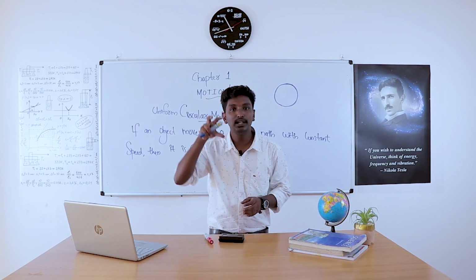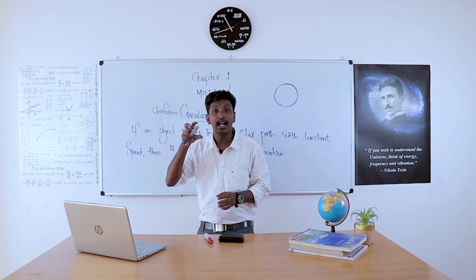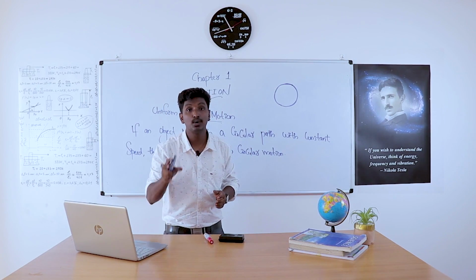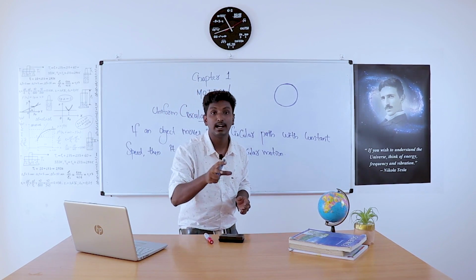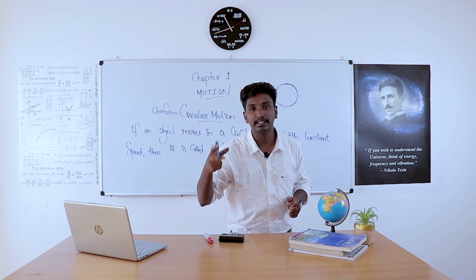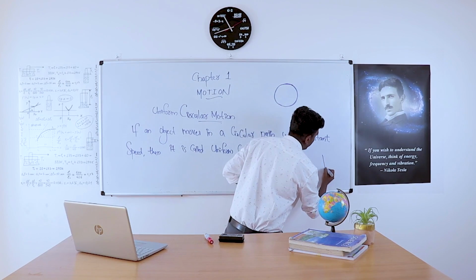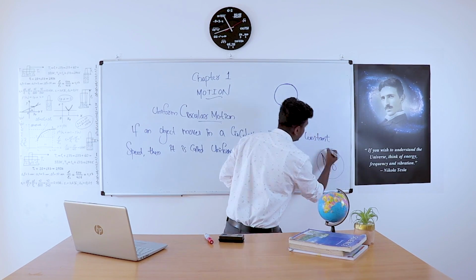That means only when velocity changes does acceleration happen. But here the question is, can a body have constant speed and acceleration too? I know you already answer it as a big no. This is your answer. But